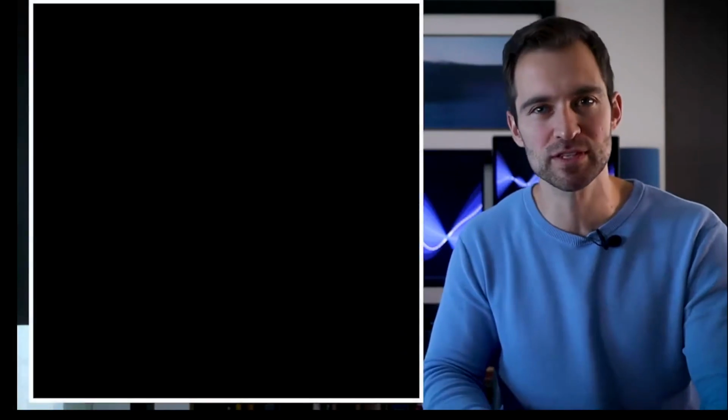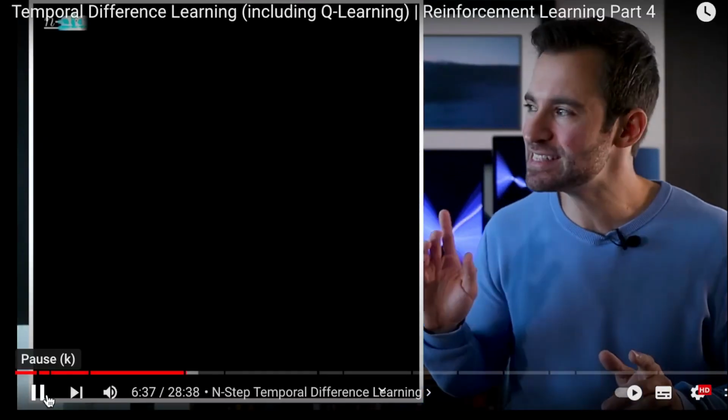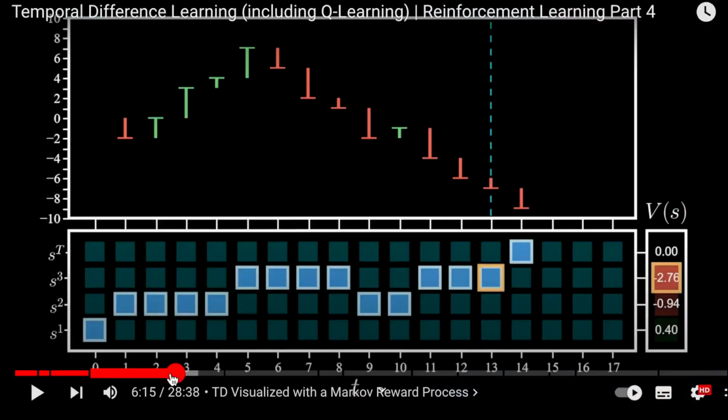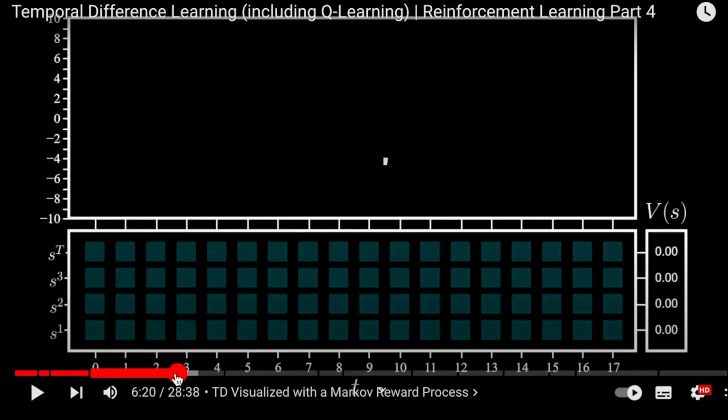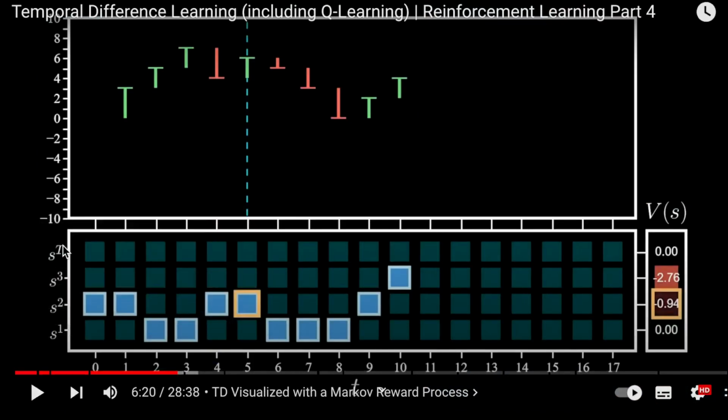Okay, let's now review this more generally. It's called n. So in what I showed you guys, I was doing n equals 1, and in this example, it's n equals 4. So n equals 4, n is the number of steps into the future to look. So what's happening is we are updating what we thought happened at time equals 5, using the next 4 steps. So by looking at time 6, 7, 8, 9,